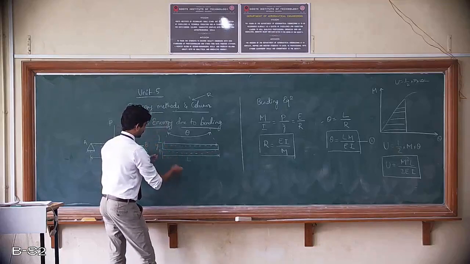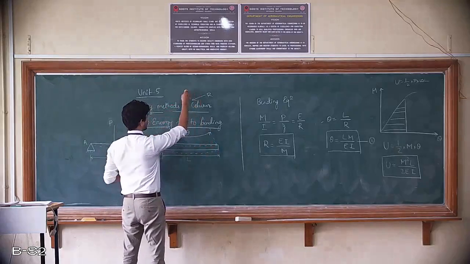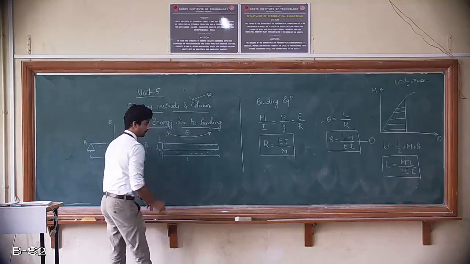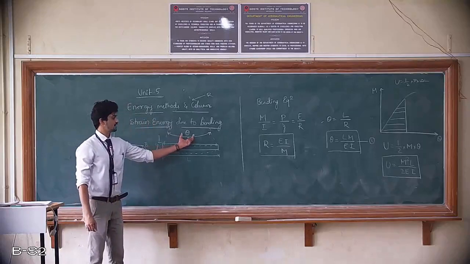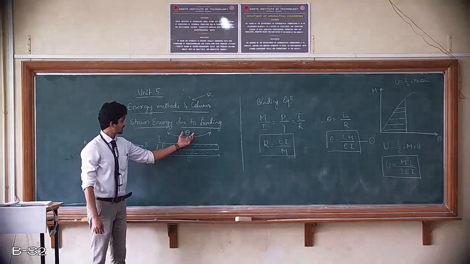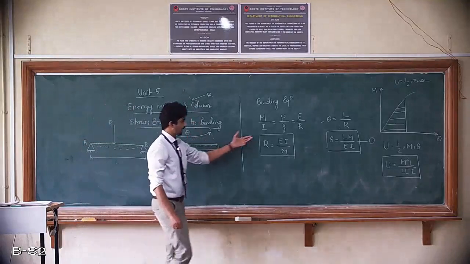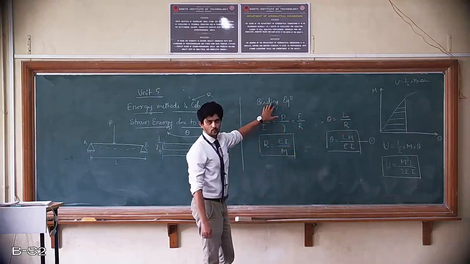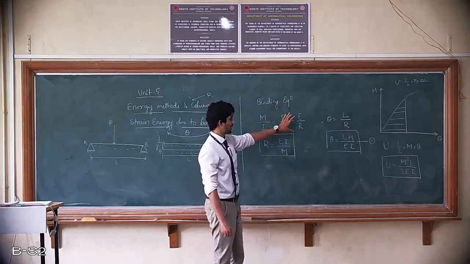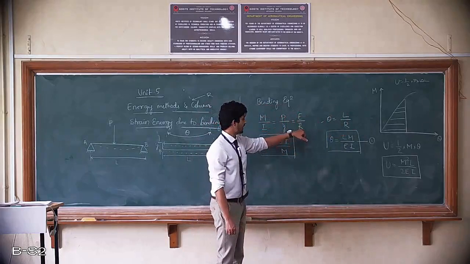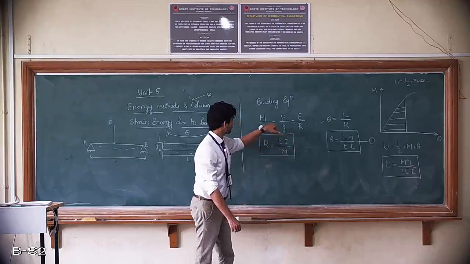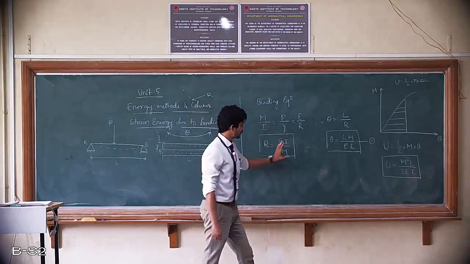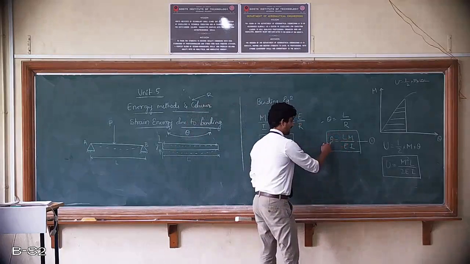Now, if you try to join these ends, which will connect somewhere here, then we get some radius, and with respect to these two lines, we get some angle theta. Now, we want to define this theta. To define this theta in terms of this radius and length, we know the relation theta is equal to L by R. Now, from the bending moment equation, which is M by I is equal to sigma by y is equal to E by R, I can rewrite this R in terms of m. So, R is equal to EI by m. Now, substituting back into this equation, I can write theta in terms of m.